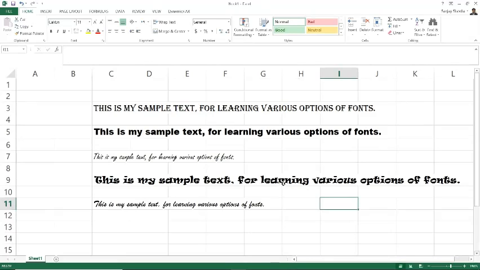Now, after changing the fonts or the way we have entered the text, the next step we are going to discuss is how to change the size of the font.